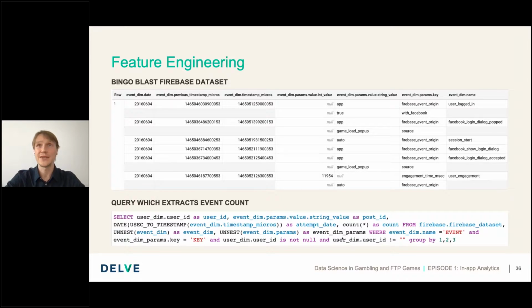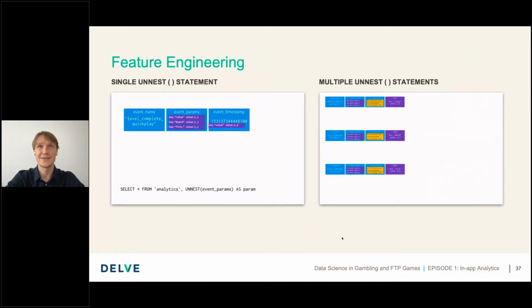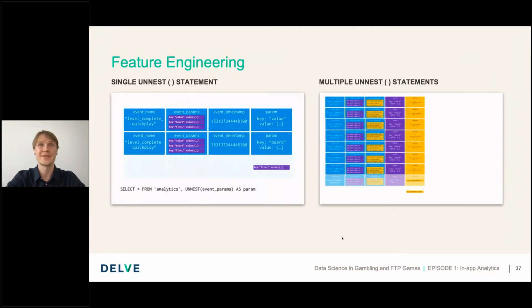An event has dimensions, and every dimension has its parameters and values, and so on, convoluted in nested structures. So extracting the events, just simple event counts, requires self-joining this table and unrolling all the hidden data, and this makes quite a complex implementation, as you can see on this animated demonstration.